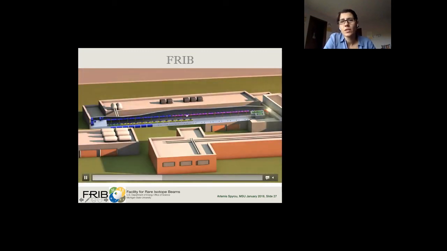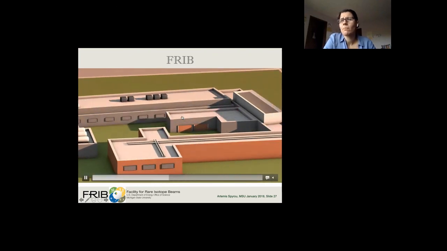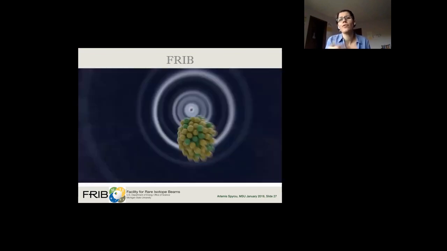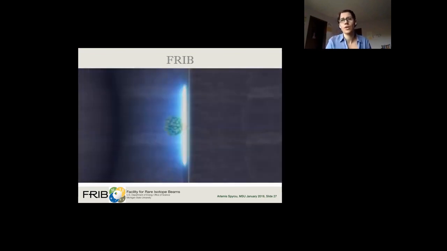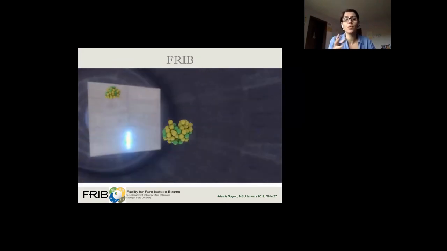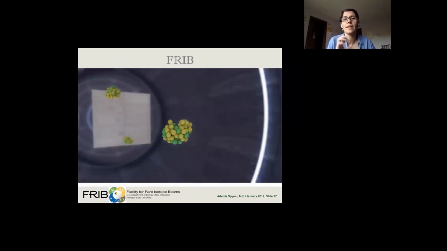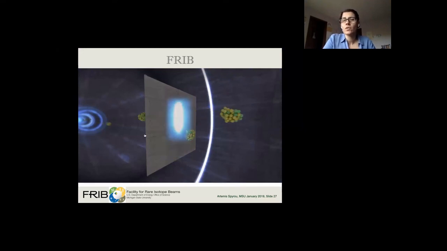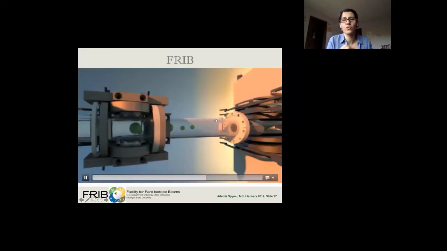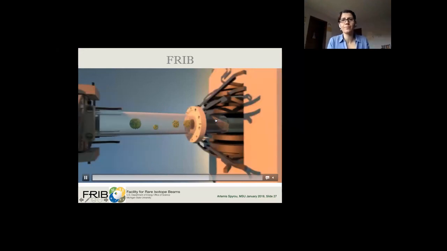It's here in a tunnel. It goes faster and faster. It's not going to go much faster than what we have right now with the cyclotrons. It's just more powerful. It will have a lot more of the nuclei that we're interested in, and we'll also make new isotopes that we cannot make right now. We just don't have enough. Again, you shoot the stable beam through a target, and you have various reactions happening, and you can see that the things coming out will look very different. You just have that fragmentation again.